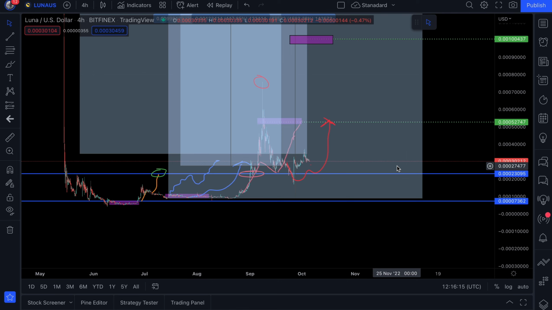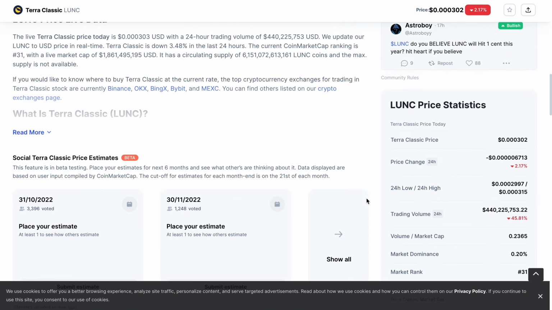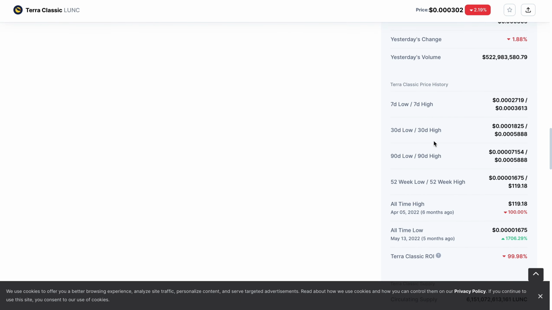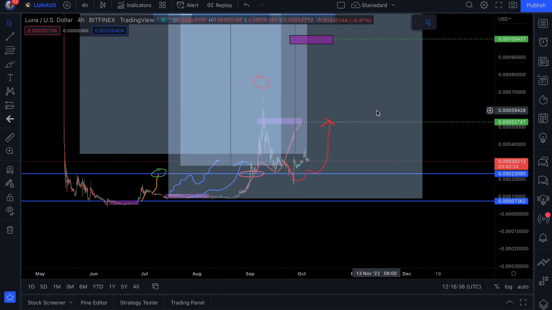Now one thing I will say is, if we're looking at this Terra Luna Classic chart, one thing to understand is that 100% of the value of this project has been wiped away. Now there's two things that occur when this happens. Number one, the technical analysis is very unlikely to be as effective just because we're in unknown territory, right? We're at a new low. Obviously we have found a bottom clearly, but when it comes to recovery and whether this can recover, that's a different question,